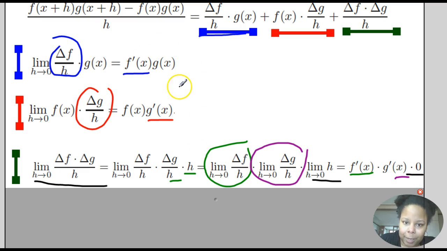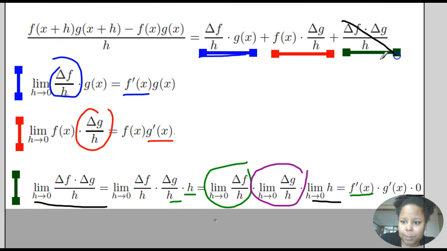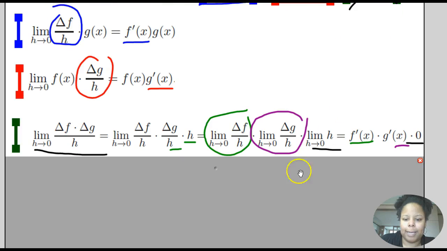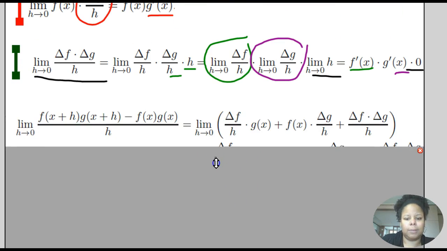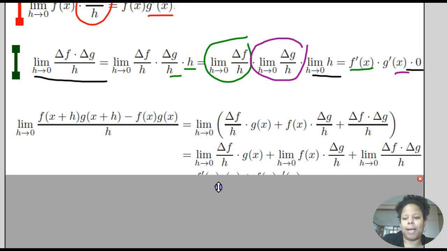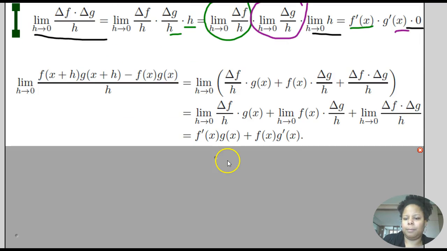So in summary, this piece cancels out, and once we apply the limit, since this piece goes away, or the limit is 0, we're left with